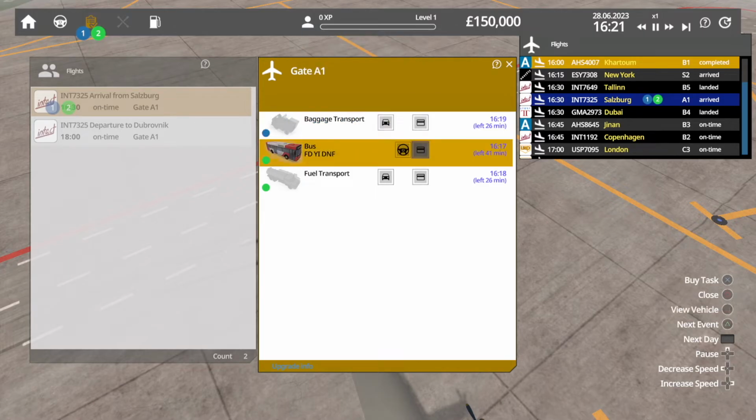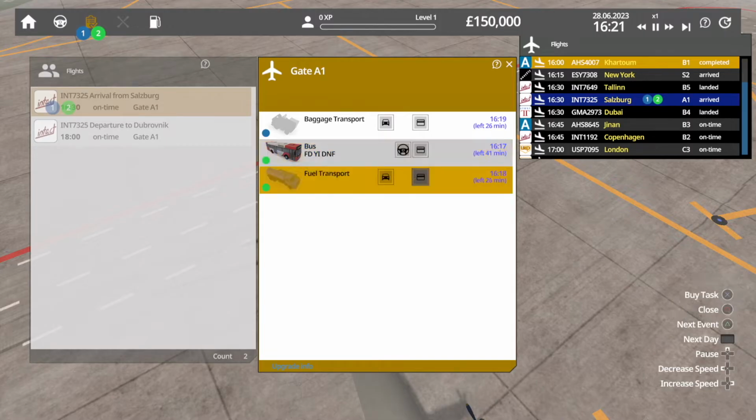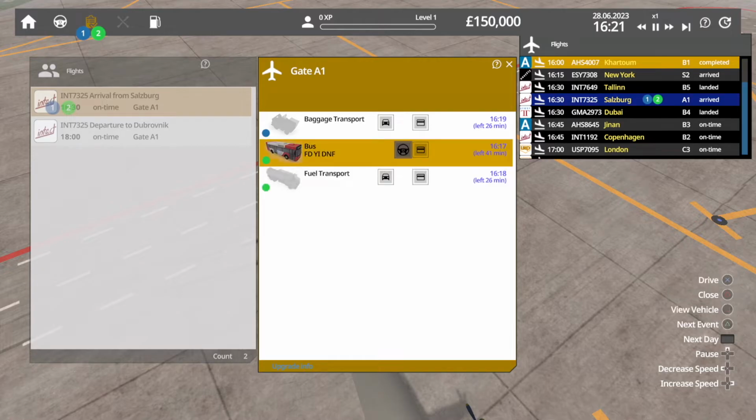So what do we do with the bus? Do we leave the bus where it is and switch to the fuel transporter? Let's have a look. View vehicle, drive, close. Right, so we could probably leave it here and switch straight to this. But should we take it back? What do you reckon? We've got 26 minutes left. Shall we take it back to the...